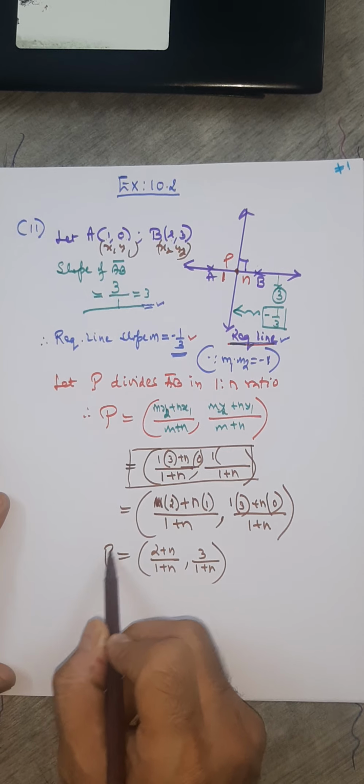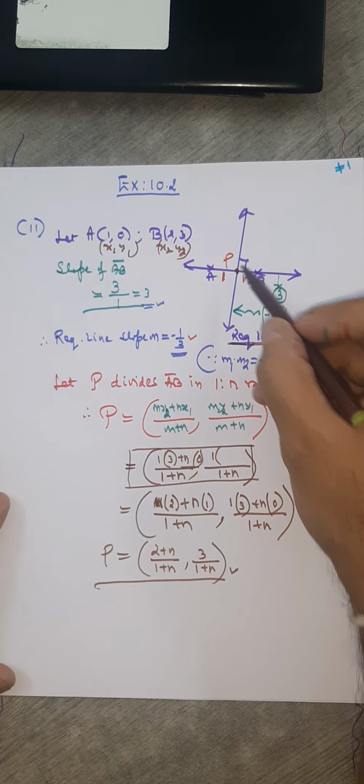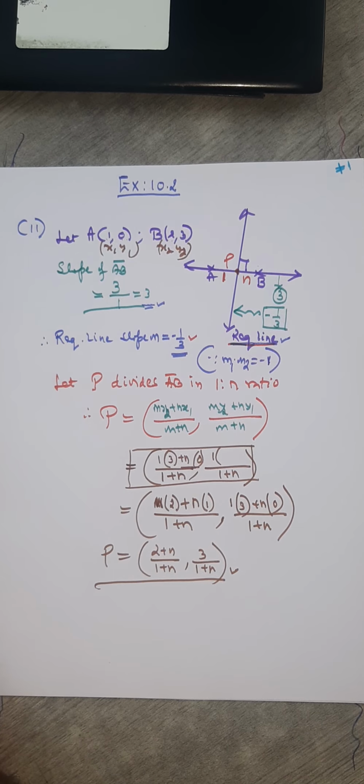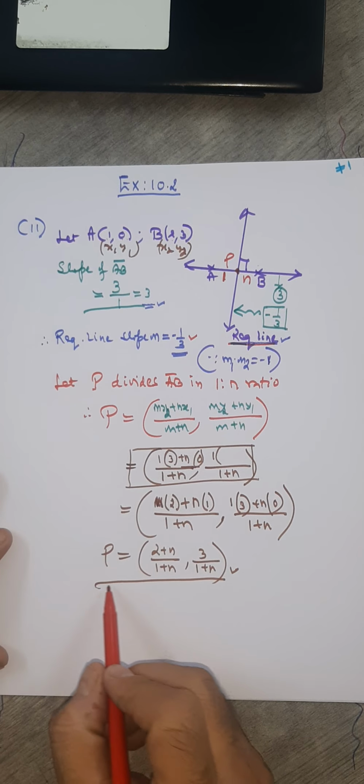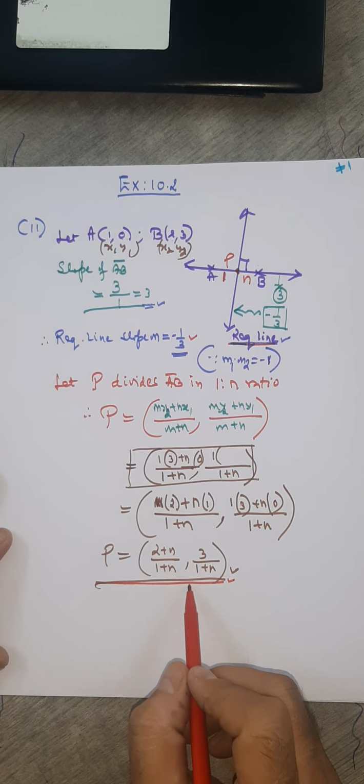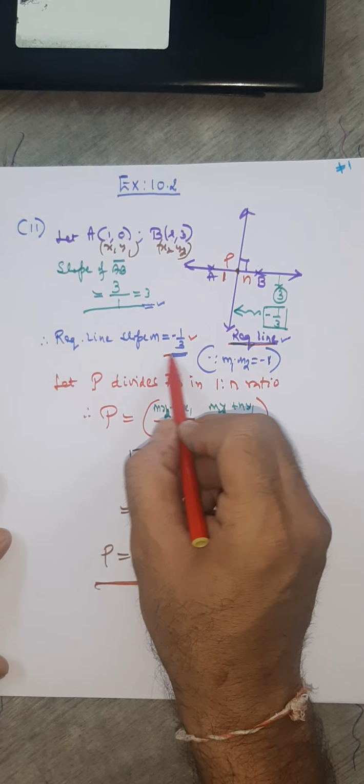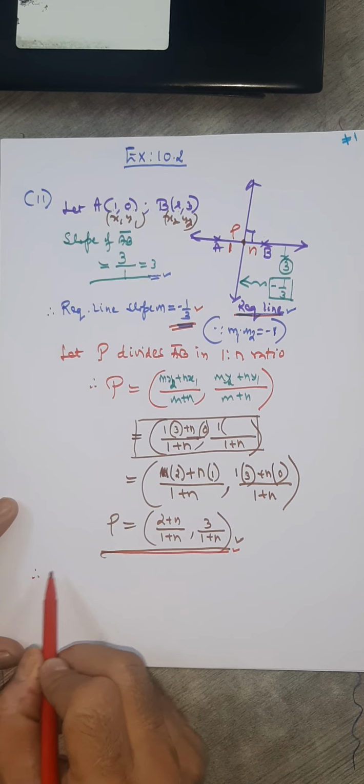This is the point, and this point is on the line. Look at the diagram. So now you have two things, point and slope. This is the point, (2 plus n) upon (1 plus n), comma, 3 upon (1 plus n), and this is the slope. So the required line equation